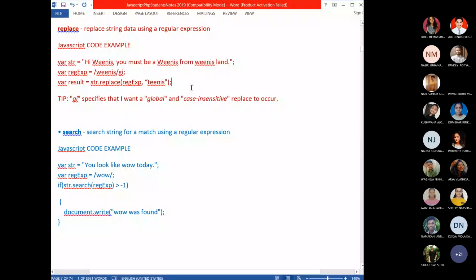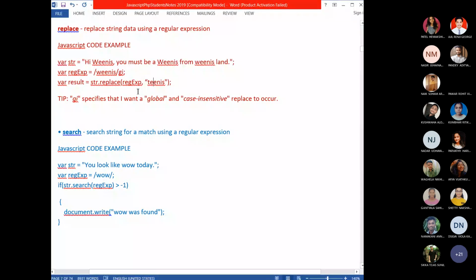Now here is the same example, but you used the replace method. Remember, the replace method has two parameters. The first parameter should be the regular expression. The second should be the string which should replace it.